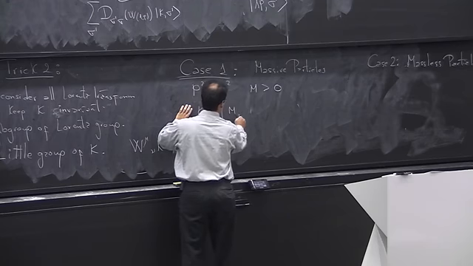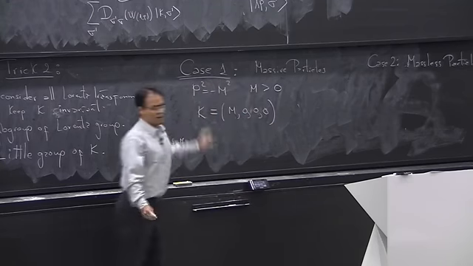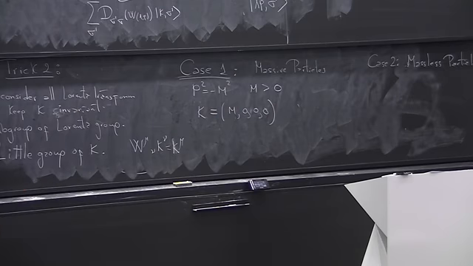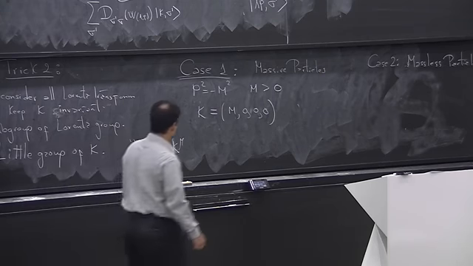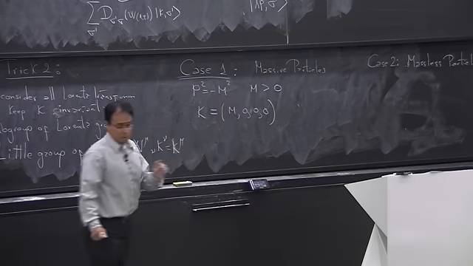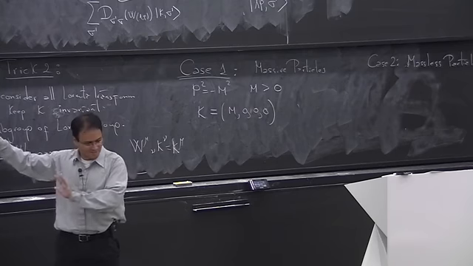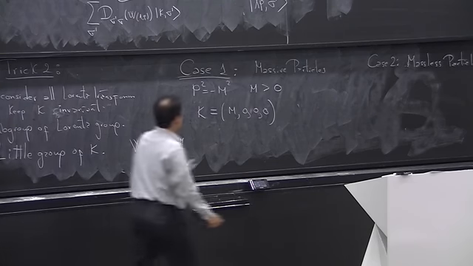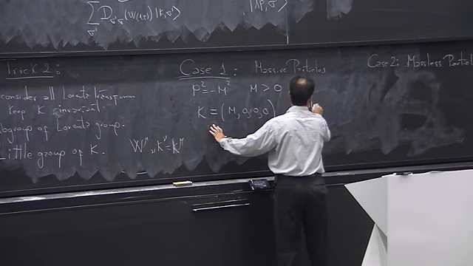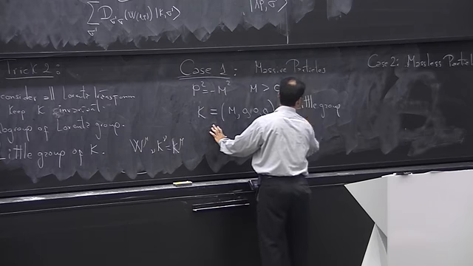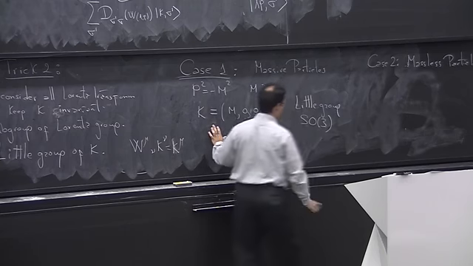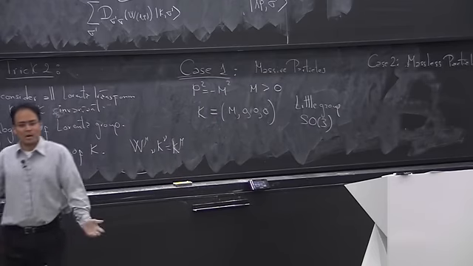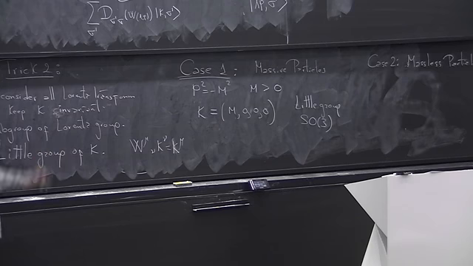Excellent. And what is the subgroup of the Lorentz group that leaves K invariant? The subgroup of the Lorentz group. Remember, the little group is a subgroup of the Lorentz group that leaves K invariant. Rotations, three-dimensional rotations. So the little group is rotations SO3. So all we have to do is to classify, to find all irreducible representations of SO3,